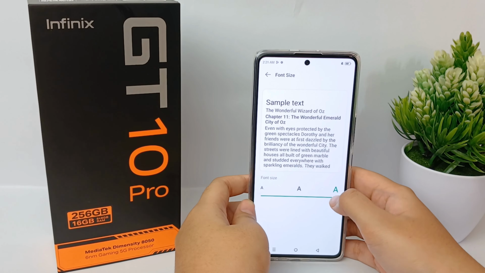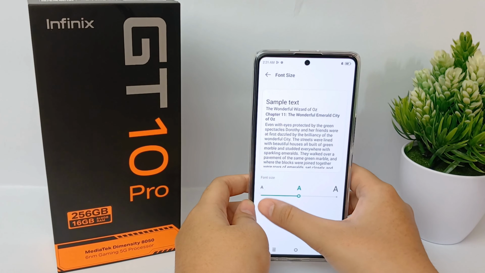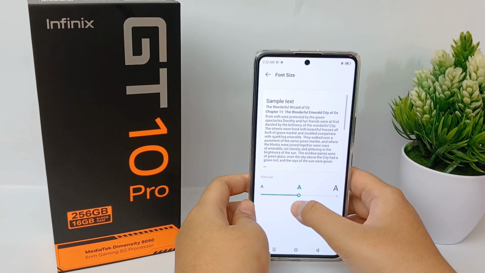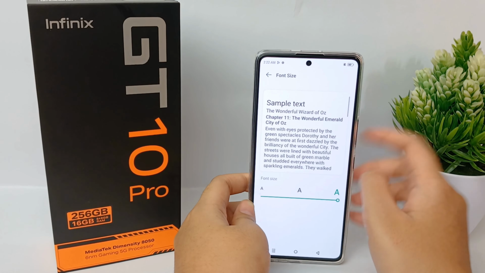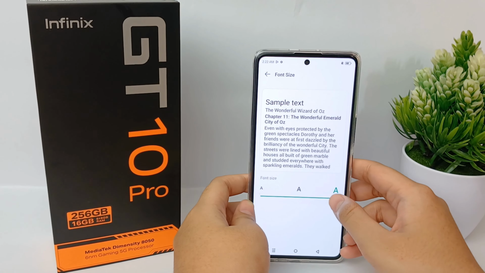Alright, now you can customize your font size to too small or too large or medium. And the font size will automatically change if you change this one. Alright, this is the way how to